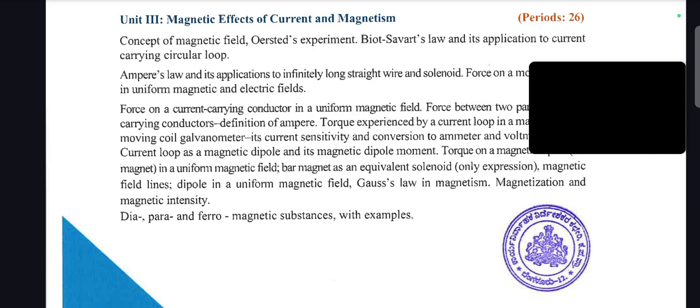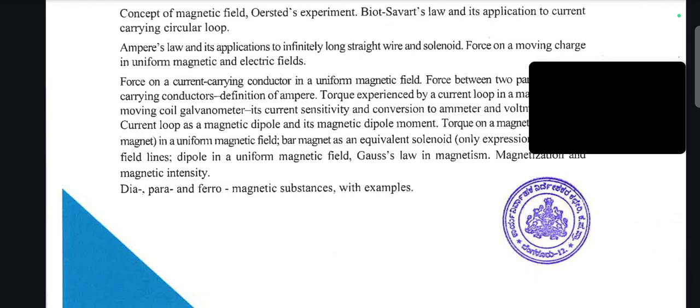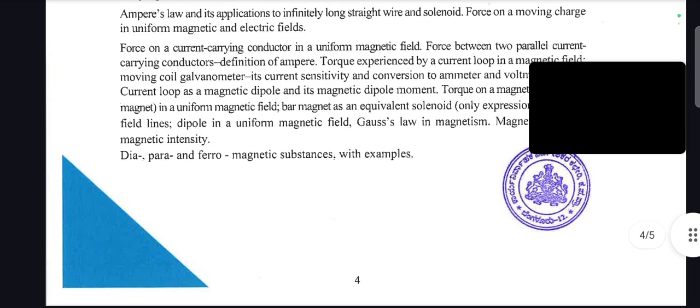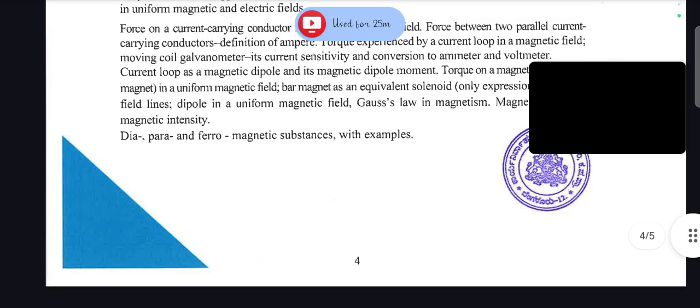Oersted's experiment, Biot-Savart's law and its application to current carrying circular loop, Ampere's law and its application to infinitely long straight wire and solenoid, force on a moving charge in uniform magnetic and electric fields, force on a current carrying conductor in a uniform magnetic field, force between two parallel current carrying conductors, definition of ampere, and torque experienced by a current loop in a magnetic field, moving coil galvanometer, its current